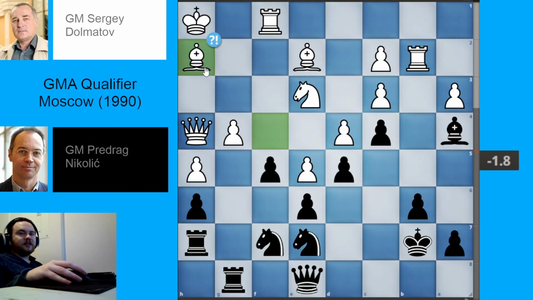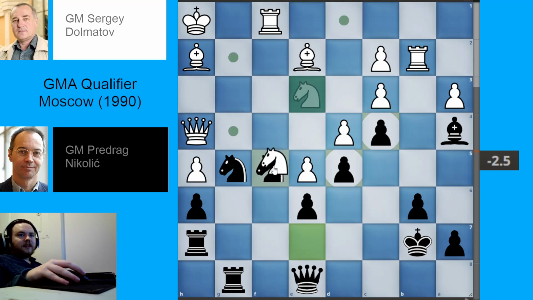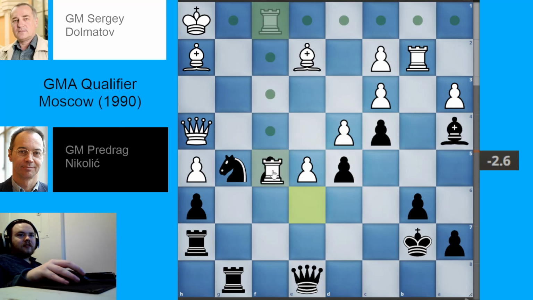Instead, we have bishop to h2. Knight now jumps to g5. It has completed its little pilgrimage. It has now arrived at its destination. We have gf5, knight f5, knight takes f5, e takes f5, rook takes f5, and